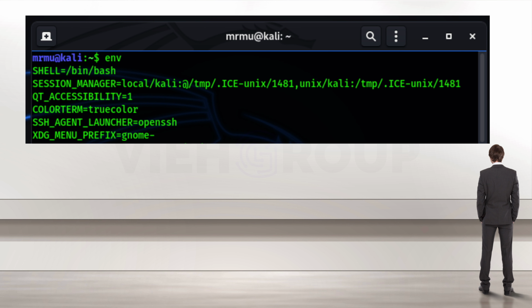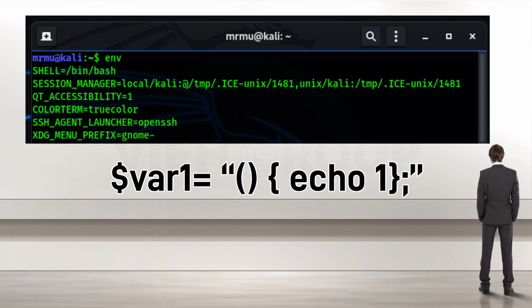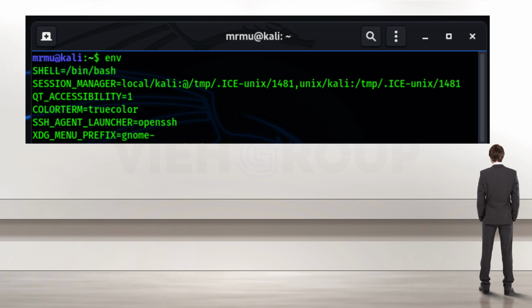We can also use a function as an environment variable. When called, it will execute the command inside it, where x equals to () { echo 1; }. But in older versions of bash, strings after the semicolon were considered commands. So this led to situations where commands after the semicolon got executed at the time of initialization, without even calling the variable. This was considered a feature for a long time, because why would anyone in their right mind allow strangers to set environment variables? But this changed when we started using shells to provide dynamic content on the web instead of just displaying static HTML pages.